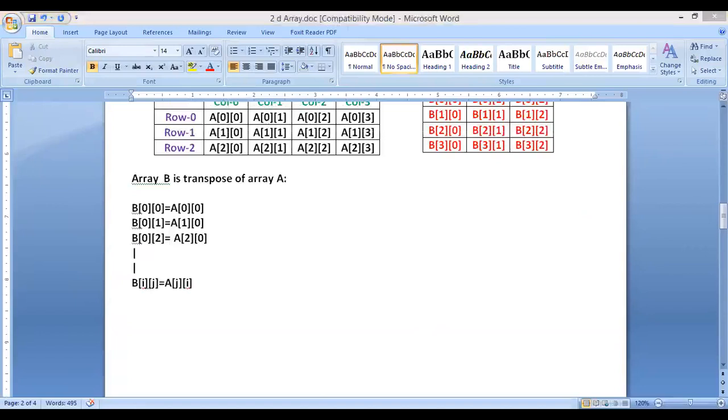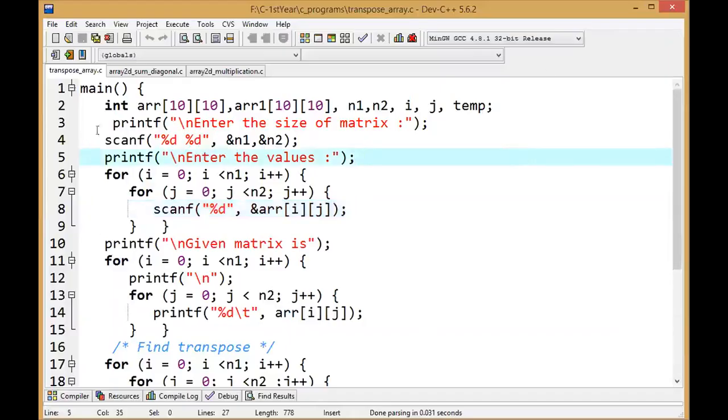This is the program that I am sharing with you. If it is not visible, tell me. It is visible now. Suppose I have two matrices. One is ARR, the original one. ARR1 is the transpose of ARR, right? And it is not compulsory that we should always go for a square matrix to be transposed. It can be a rectangular matrix in which rows and columns are different. That can also be done.